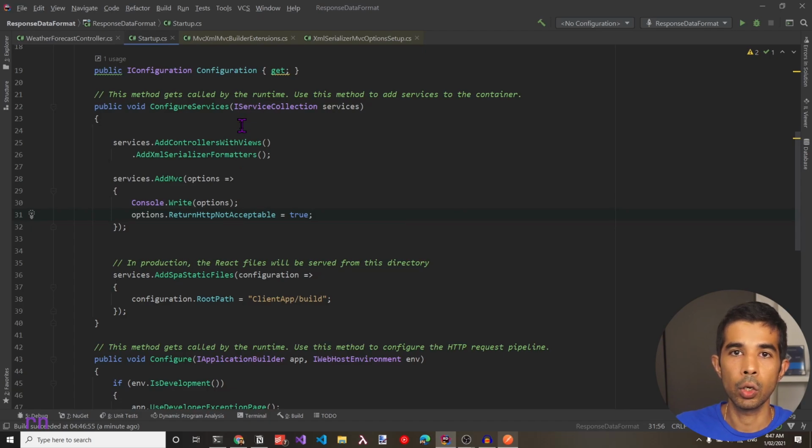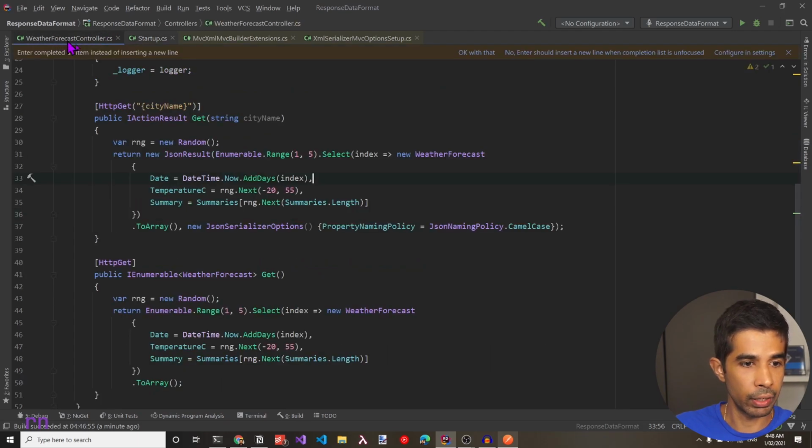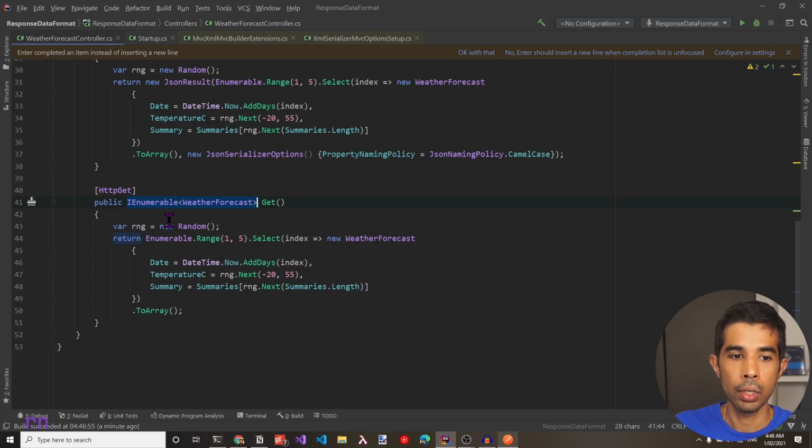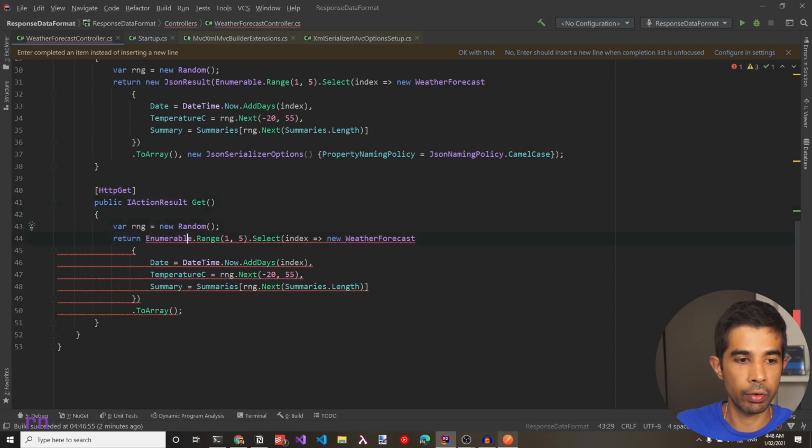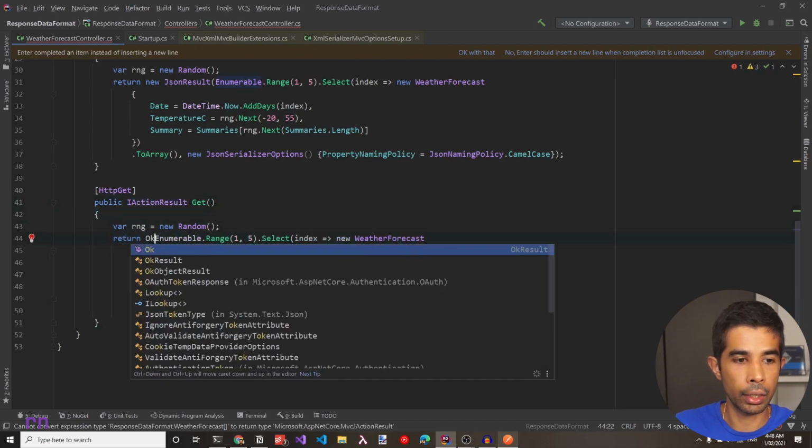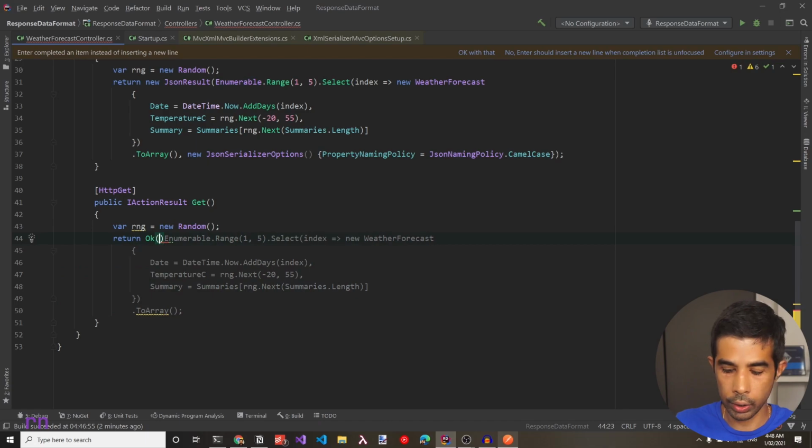In ASP.NET Core, the content negotiation is implemented by object result. So what do we mean by that? If you go into the weather forecast controller, we can see this method returns an IActionResult and this returns an IEnumerable of WeatherForecast. In this scenario, this data is being automatically wrapped up by object result. This is how MVC works internally. We can rewrite this to be an explicit IActionResult, and instead of returning an enumerable, I can return an OK status with the content inside.